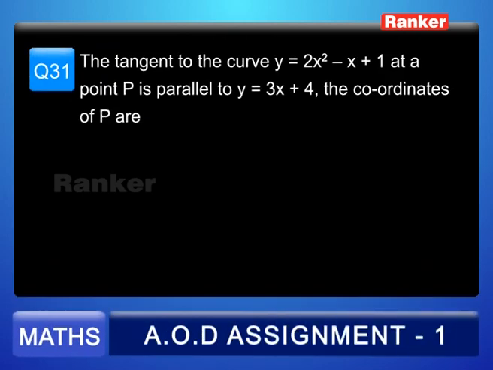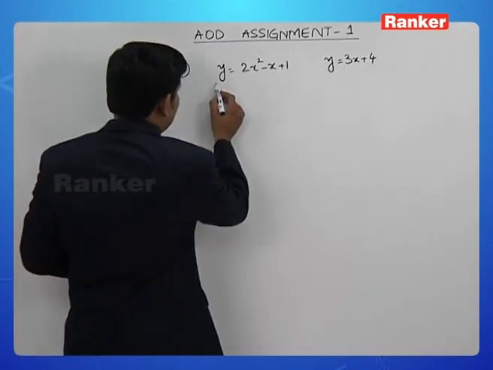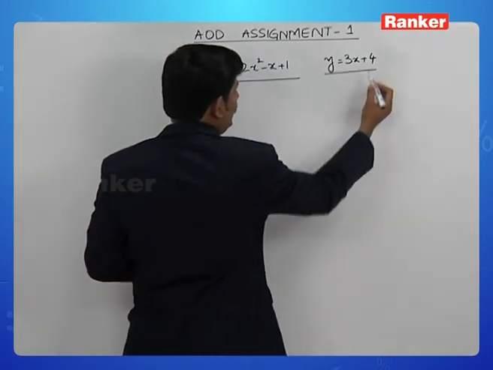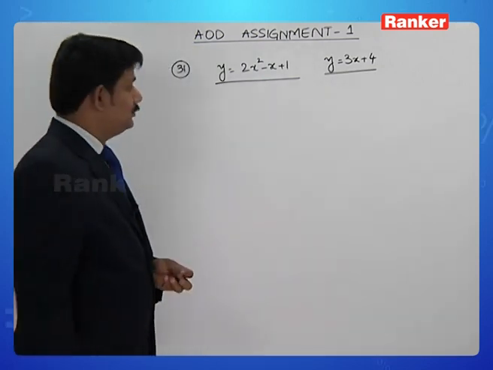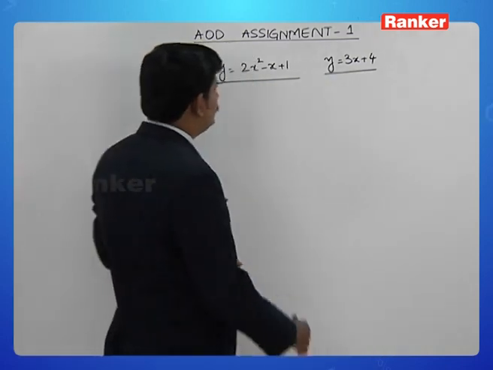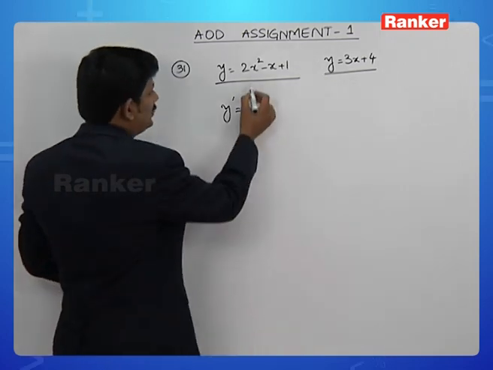Next question. The tangent to the curve y is equal to 2x square minus x plus 1 at a point P is parallel to y equal to 3x plus 4. Then the coordinates of P are option A 2 comma 1, B 1 comma 2, C minus 1 comma 2 and D 2 comma minus 1. It is given that the tangent to this curve at a point P is parallel to y equal to 3x plus 4. So at P, the tangent line is parallel to y equal to 3x plus 4, so the slope of the tangent, which is given by dy by dx,